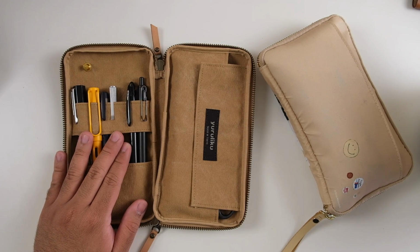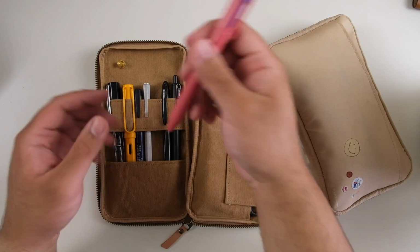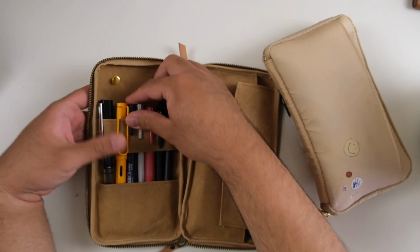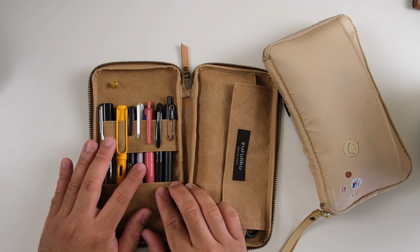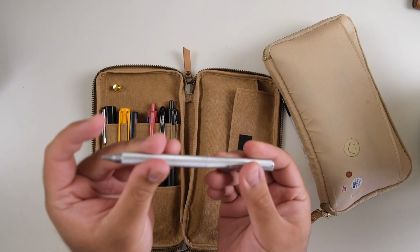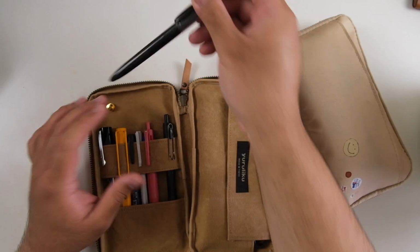This actually is missing one pen because this is supposed to contain my Uni Jetstream. I'm going to put it in right now because I was showing it in this video, but this actually lives here. And I usually just carry two fountain pens, a brush pen, a pencil. This is the plotter pencil. It's very fancy, very weighty, and you actually twist it to let the lead come out. Then the Uni Jetstream, and then the